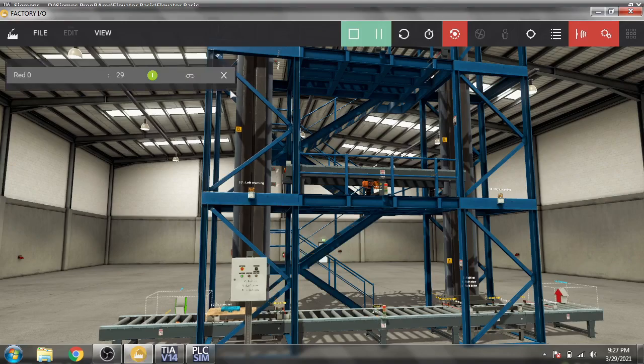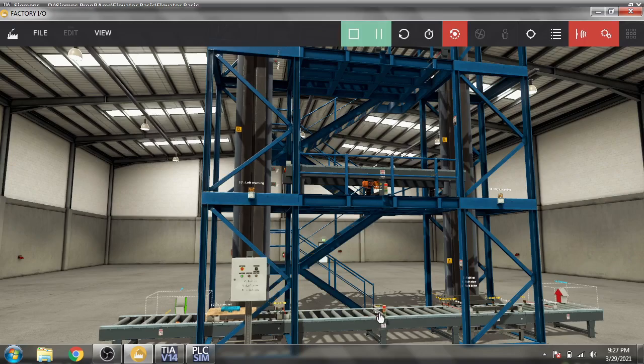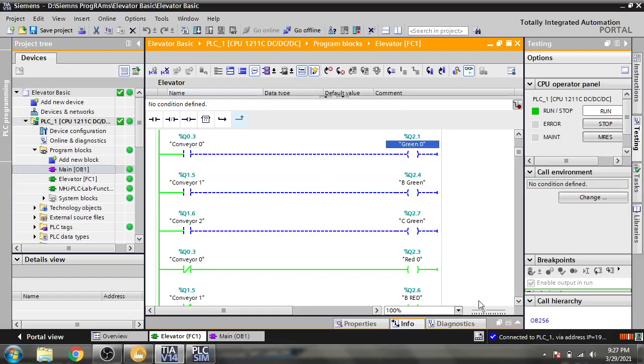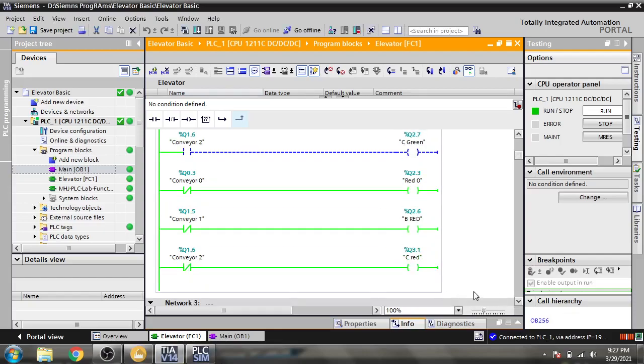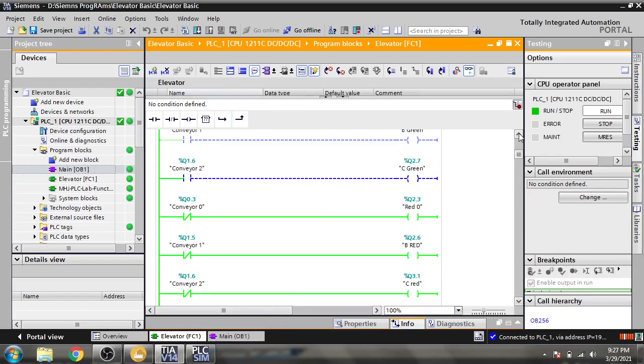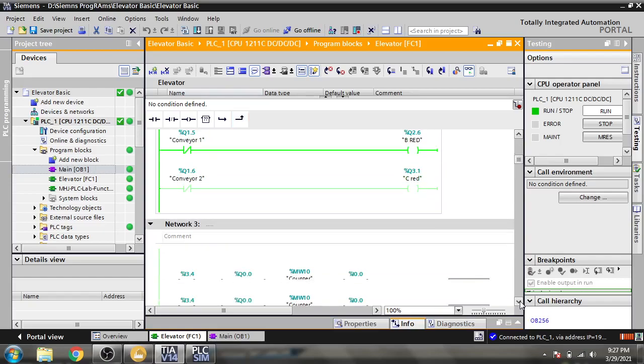Because the conveyor is off, the red light is on. So when conveyor 0 is on, its green light is on, and when conveyor 1 is on, its green light is on. That's how I programmed it. When the conveyors are stopped, the red light is on for every conveyor.